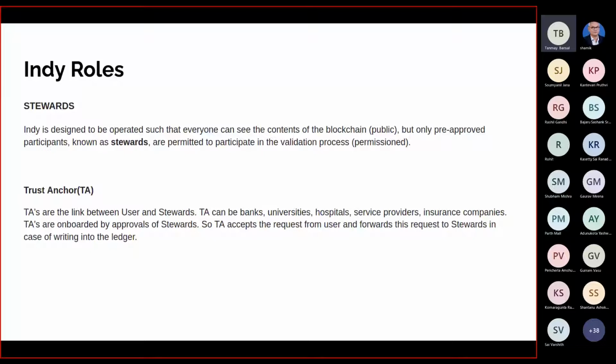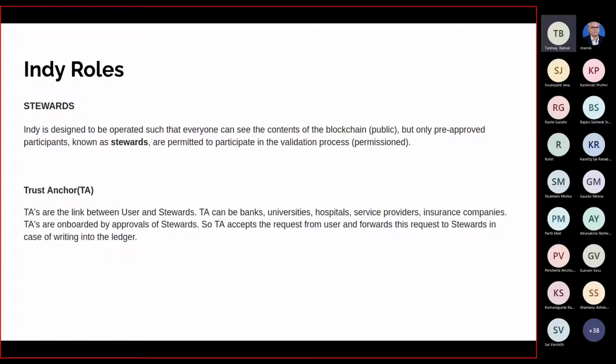Ultimately DIDs themselves are not associated with any physical identity, as you have already learned. One way of associating a DID with a physical identity is by some verifiable credential from someone already trusted. In this model it is a bit different.